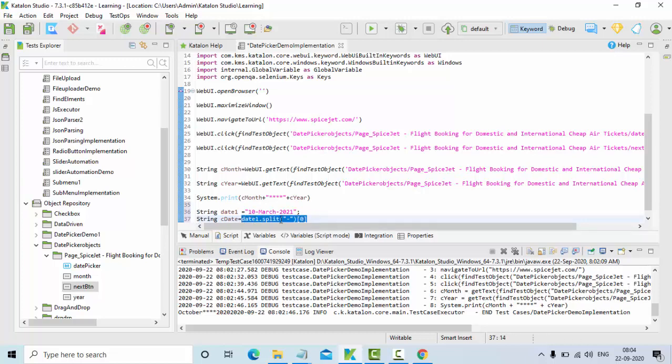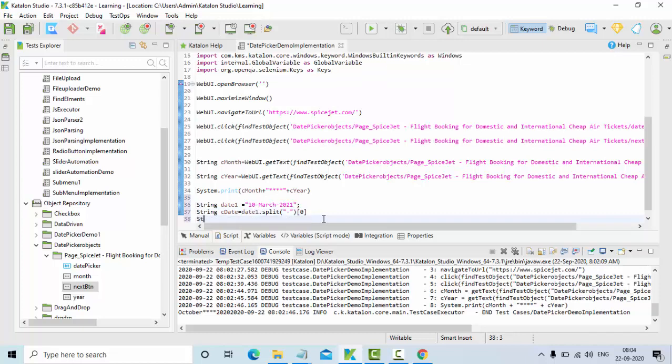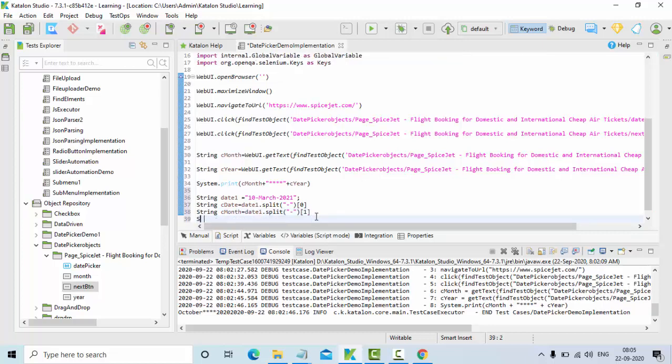Similarly, string c month at index 1. Now string e year, sorry, not c, because we already selected c, so let's say e, so that it's like expected month, expected year. E year is equal to